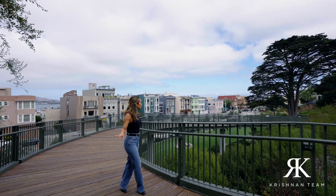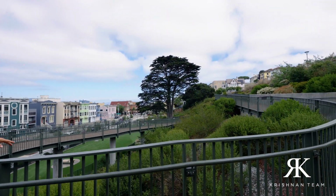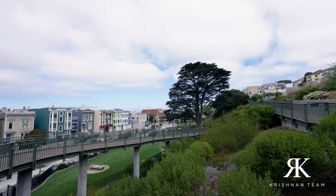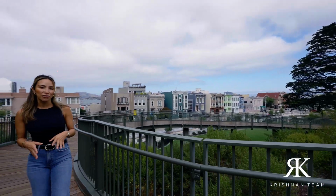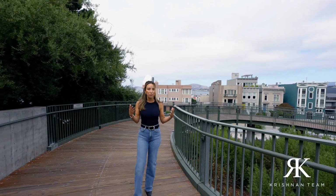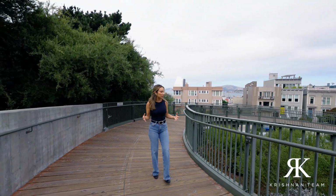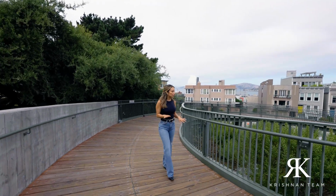So this is a new park. It's actually really cool. They've got a really nice green space for the dogs down there. You've got this bridge that takes you up, and it's just really pretty to look at too. That's the thing I love about San Francisco, is they're actually using a lot of these empty lots to not only build real estate, but they're building some beautiful green spaces, which I think adds a lot of value to the neighborhood. So that's a really cool thing